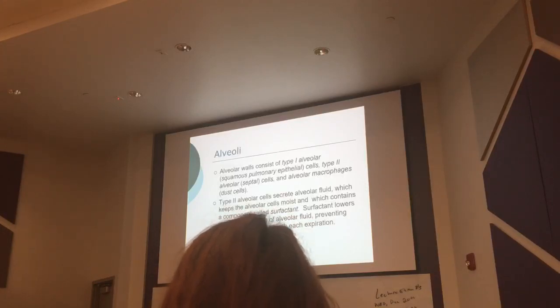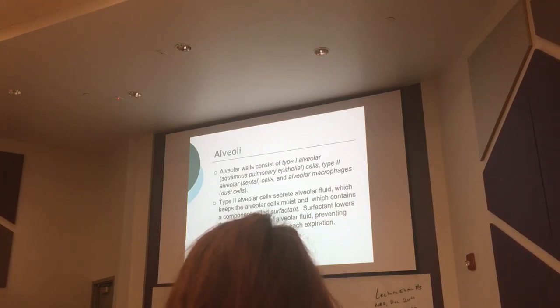These are called type 1 alveolar cells. Type 2 alveolar cells are also called septal cells. These cells secrete surfactant, which is a phospholipid. Every time you exhale, the alveoli want to assume the smallest diameter, so they just squeeze together. Surfactant keeps them from sticking together, so you don't collapse the lung. That's what surfactant does; it allows the lungs not to collapse every time you exhale.